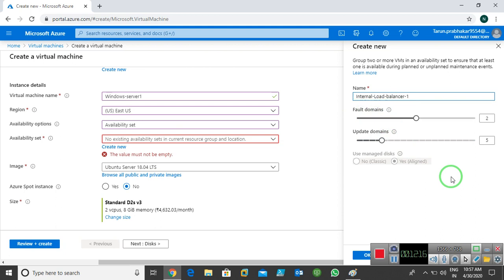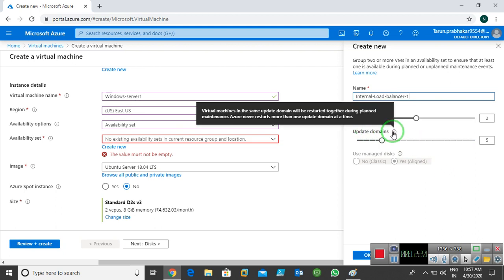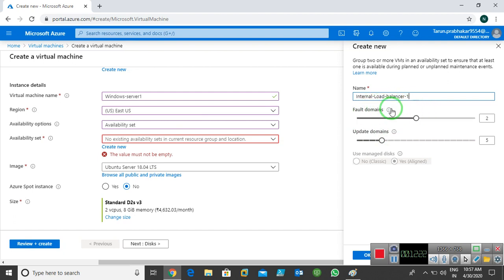By default, all the virtual machines are running in fault domains. If the virtual machine is in a fault domain, it accesses that server's resources by default. Now in one availability set we have 2 fault domains minimum.